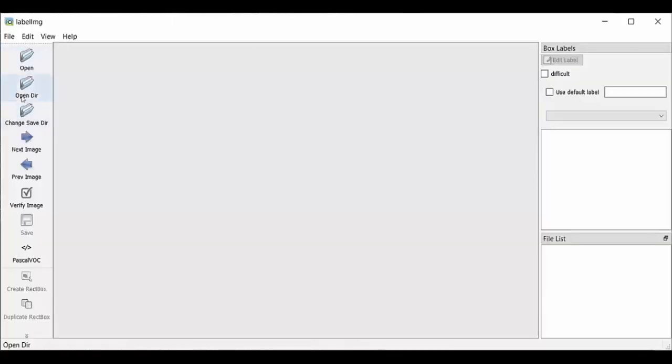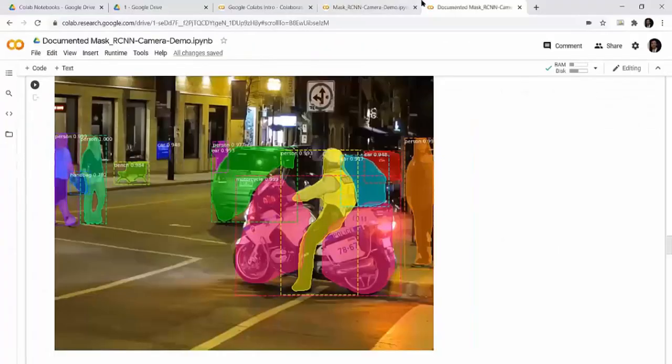So now we can change open directories and save directories. So this is how we're going to be labeling our images. What we have to do next is actually get the images, so we need to go back to our browser, and we need to